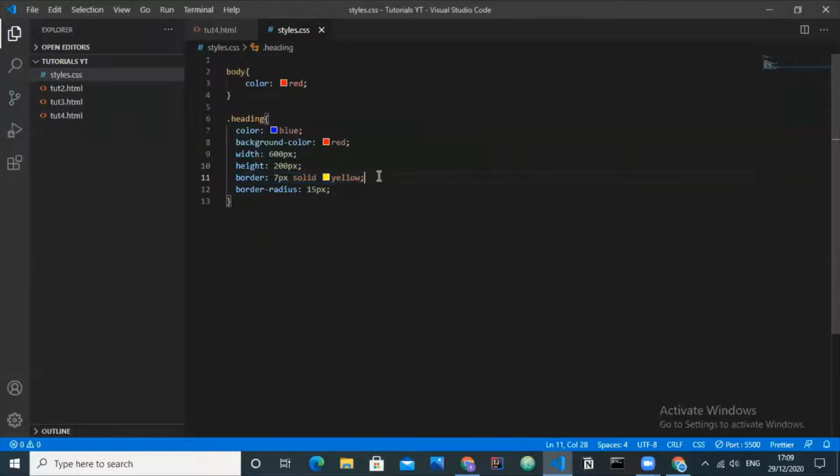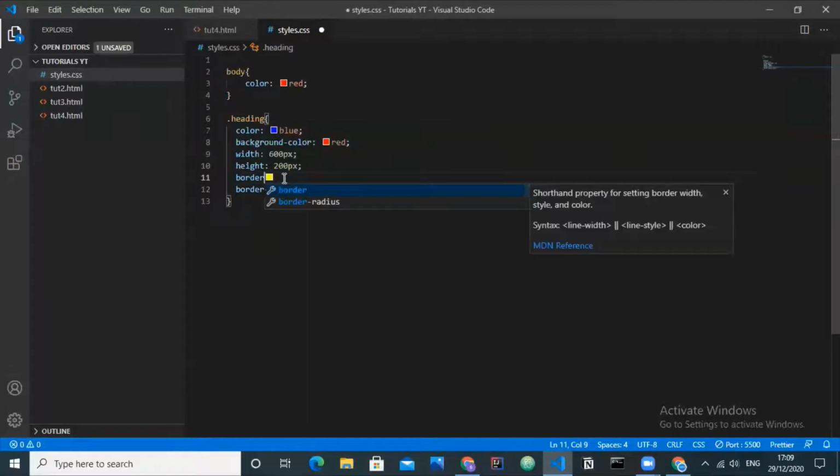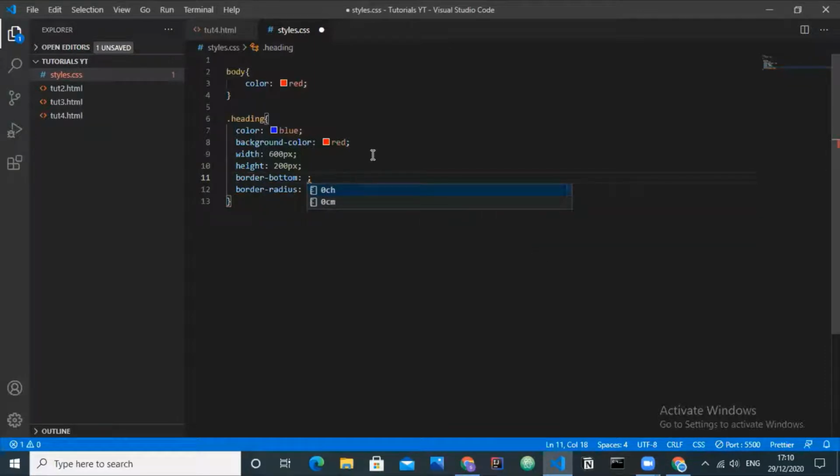We can use the border property for specific sides too. Border-bottom should be solid, 5 pixels, and blue.